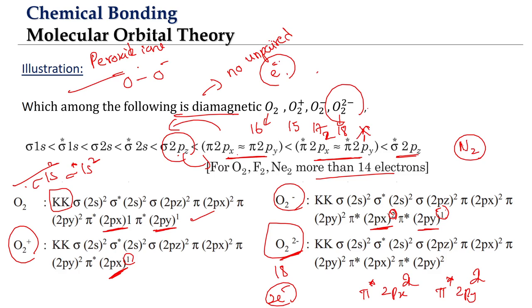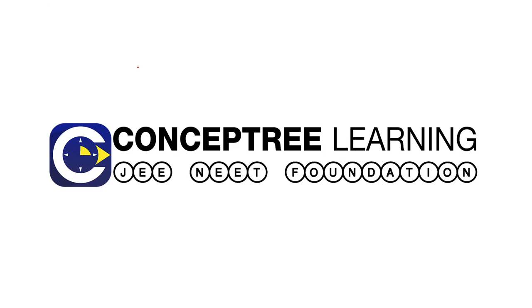So this is how we will be able to understand the magnetic nature based upon the molecular orbital theory. When the molecular orbitals have unpaired electrons, those molecules or ions will have paramagnetic nature. When there are no unpaired electrons, it will be diamagnetic. So this is about the molecular orbital theory, which explains properties like the magnetic properties and the idea of a fractional bond order, which were not conclusively explained by the previous theories.